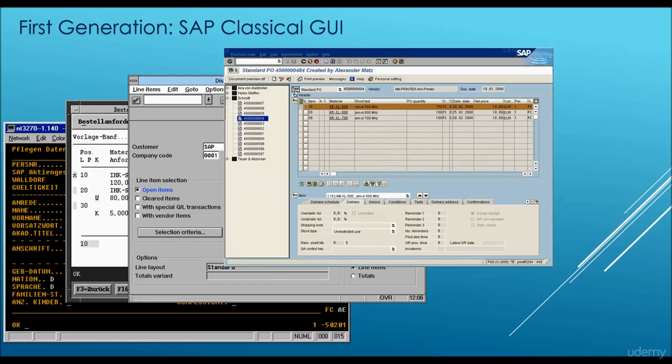Windows GUI usually has complex screens, and you might be used to this screen, but for a new person coming to see this screen, this is a complex screen, and it comes packed with lots of functionalities. For example, when a sales manager opens a sales order screen, he can see all buttons and menus in this powerful transaction. When a field sales representative opens the same transaction, who is supposed to have a much lower level